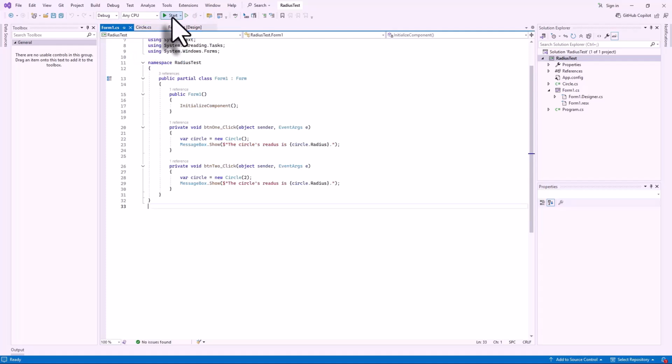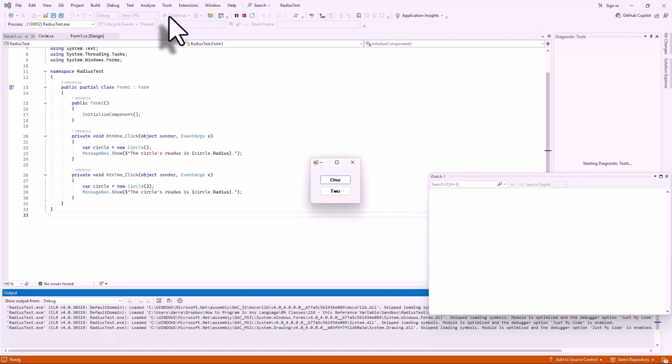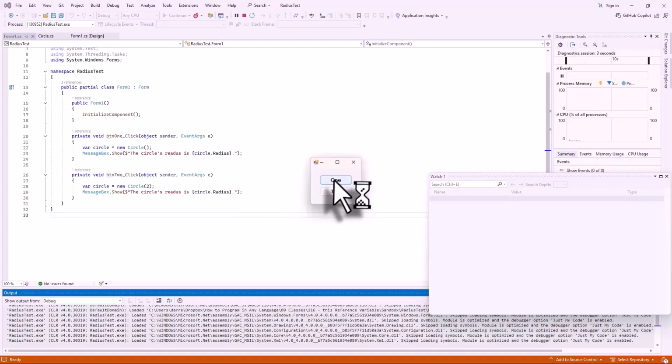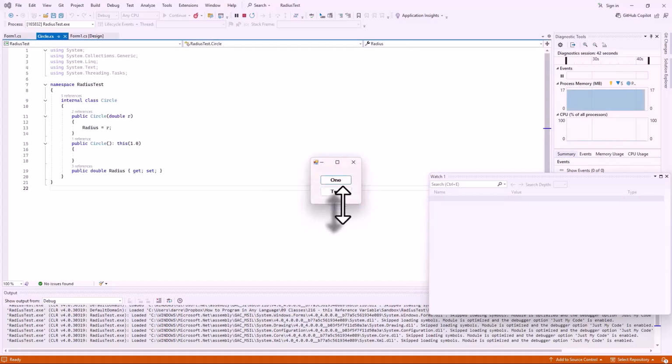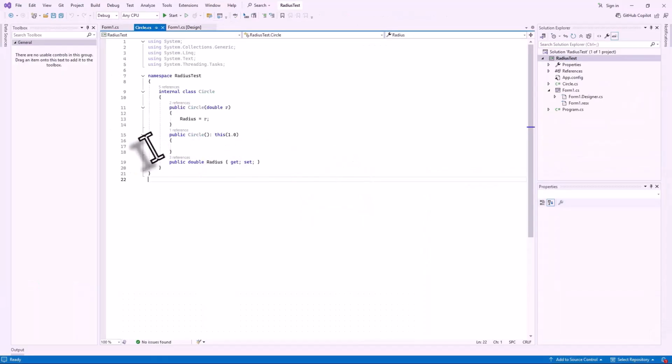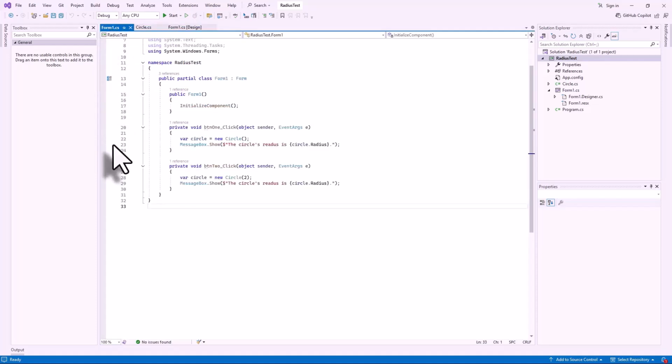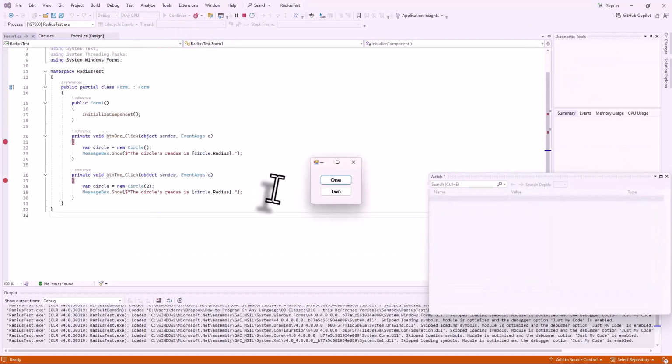So if we go ahead and do this kind of thing and just start it, our form comes up. And if I click on 1, we get a message box: the circle's radius is 1. Click OK on that. If I click the 2, the circle's radius is 2. So what's happening here? Let's try this by actually doing the breakpoint on here. I'm going to go ahead and jump out to our form, click it here, and click one here. Now let's run this. If I click on the 1,